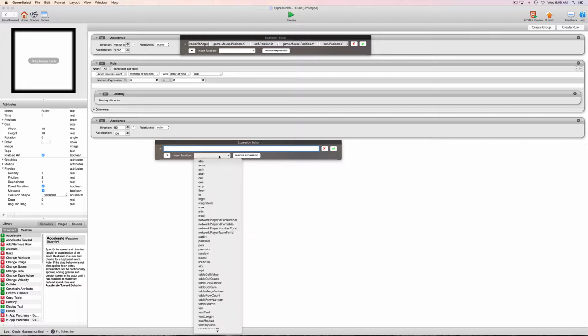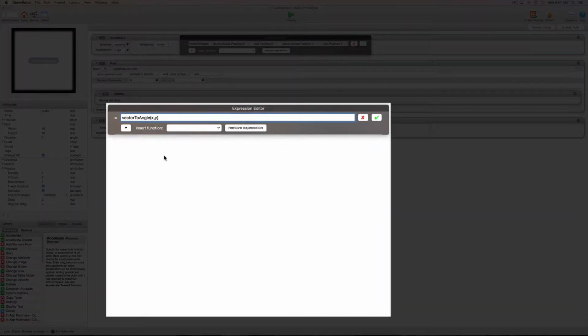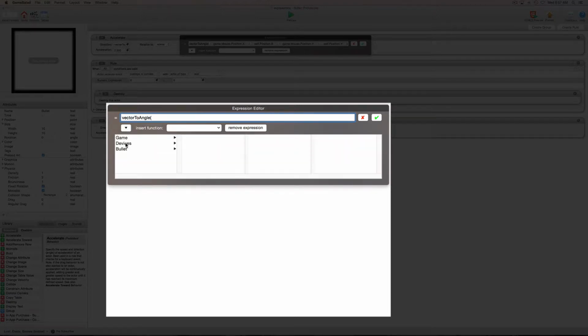So we're going to use a vector to angle function here, and we want it to go to the mouse position. So we're going to go device, mouse, position X, and then minus self position X, and then we'll add a comma, and we're going to do mouse position Y